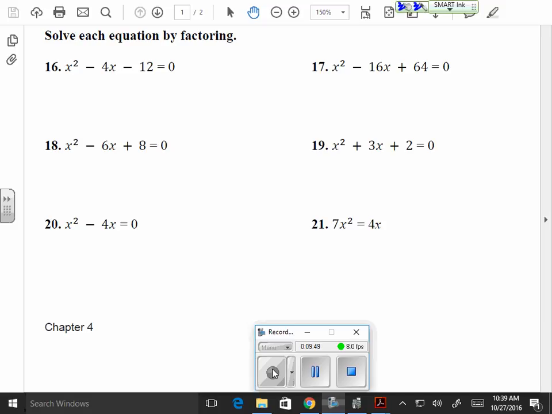Finally, we get to the full scale of where we need to solve each equation by factoring as opposed to by graphing. You can still check through graphing that your solutions are right, but you need to show your work through factoring. So the first thing I need to look for is a greatest common factor. There is none. So the next thing I look at, is it a difference of two squares? No, it's a trinomial. So then the next thing I do is create my box